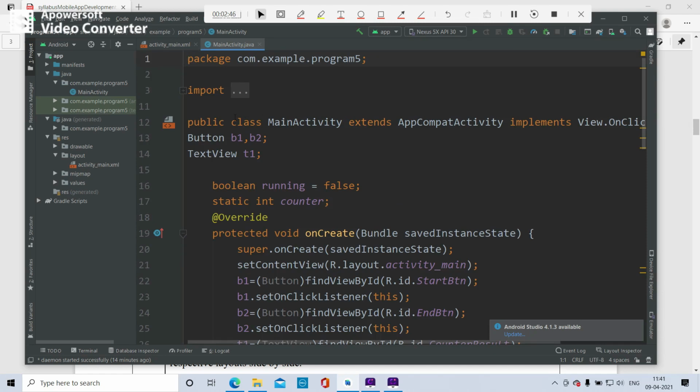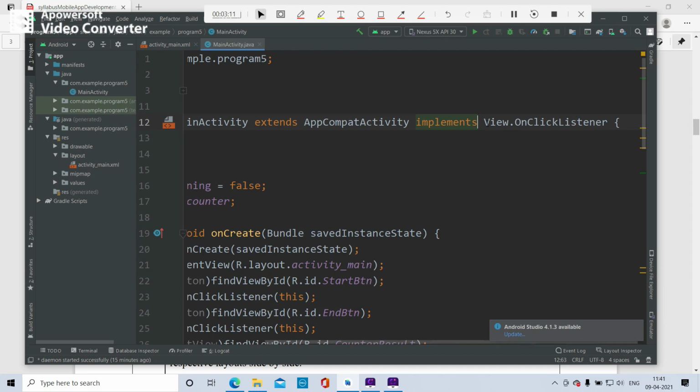Once you create the interface, the main activity is automatically displayed, but you have to write implements, which I already told you. You have to write implements, and then View.OnClickListener.